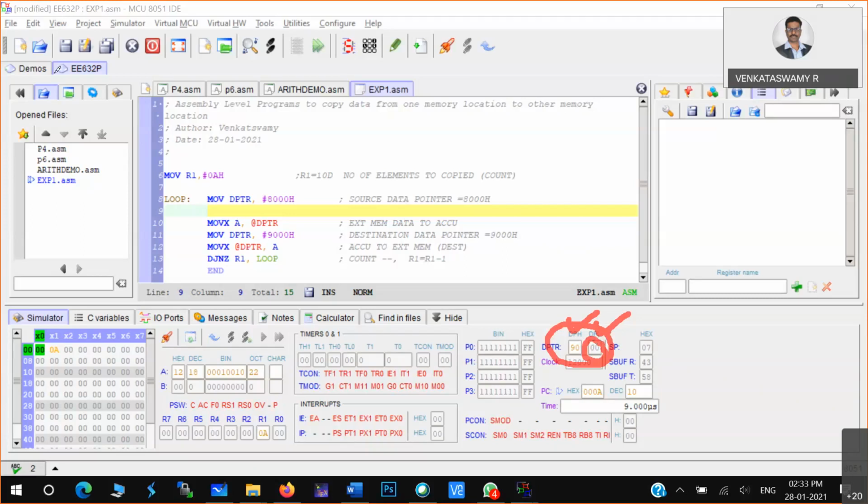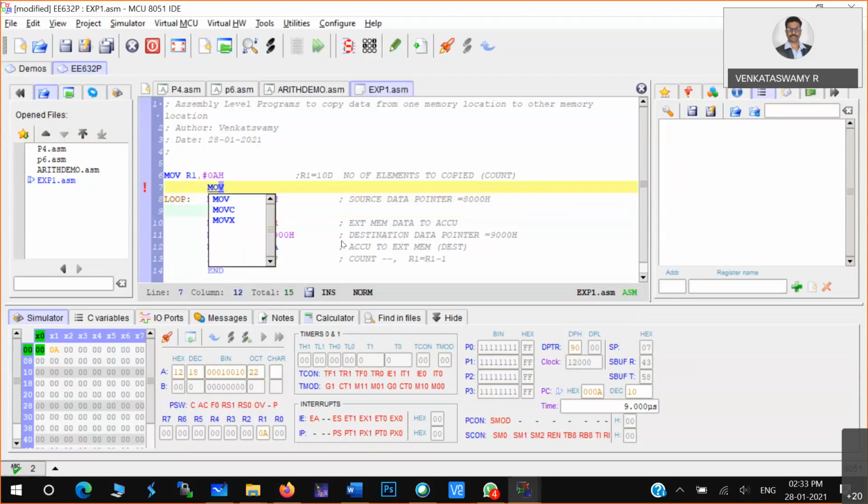Let us now try to understand this logic. I don't use DPTR, I'll use DPH. DPH means only one register, so I can store only 1 byte of data. Before that I'll make DPL as 00h.